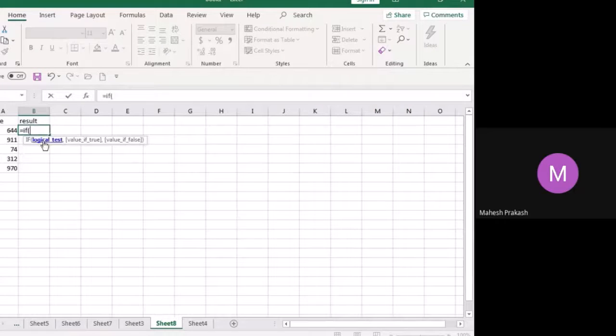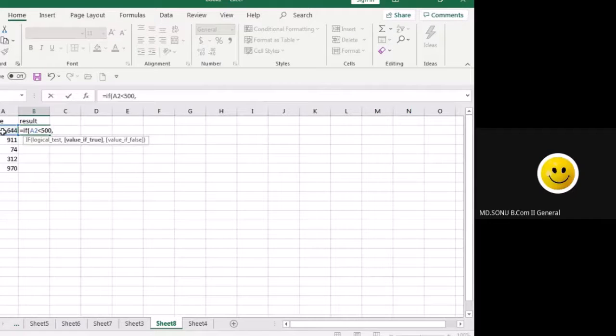See, logical test. What is the logical test? Here we need to write the logic in this field. The logic starts with this value: is 644 less than 500? Now tell me, is 644 less than 500?